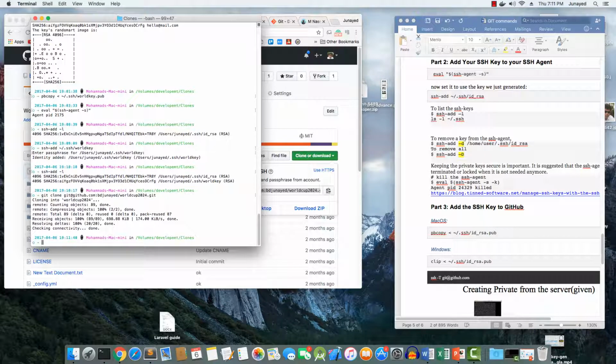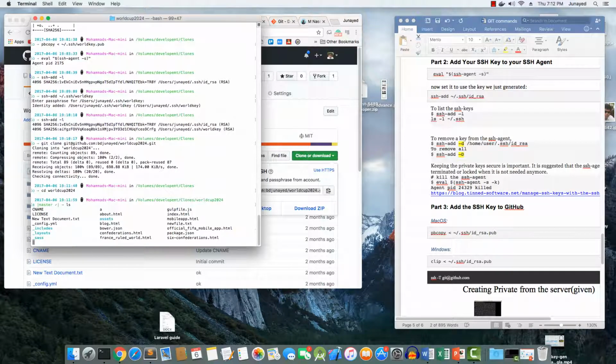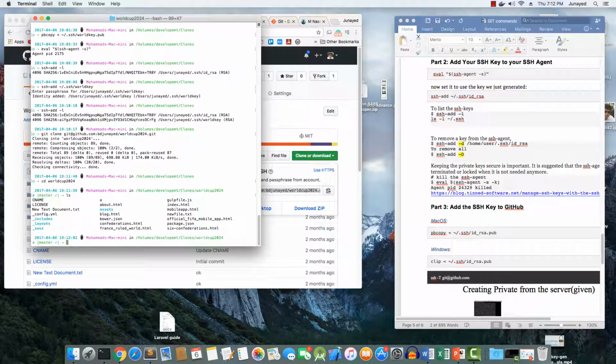It just connects and downloads directly. Okay, let me check if it can commit or push. touch 1.txt